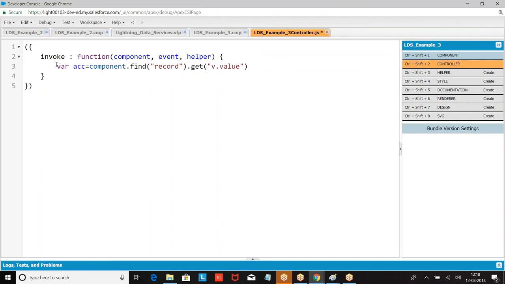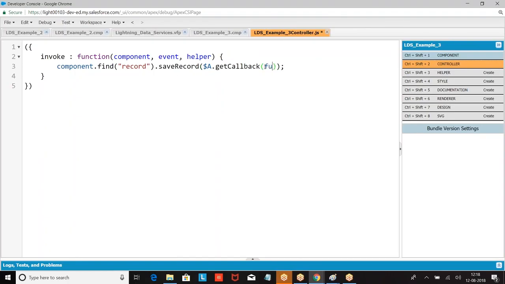I can give it, or else why write two statements? Let me do it in a single statement. Component dot find the element dot saveRecord. Then what I can do? A dot get callback. saveRecord, within that get callback.